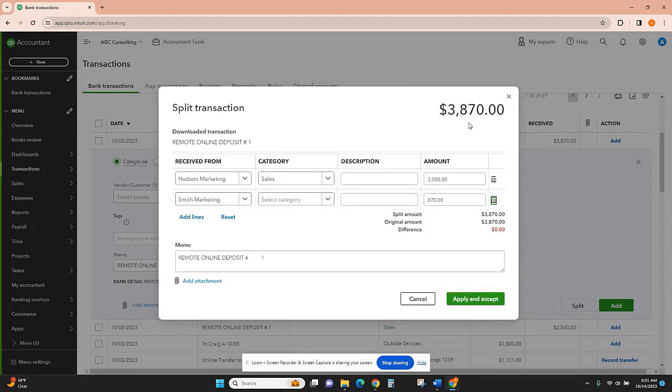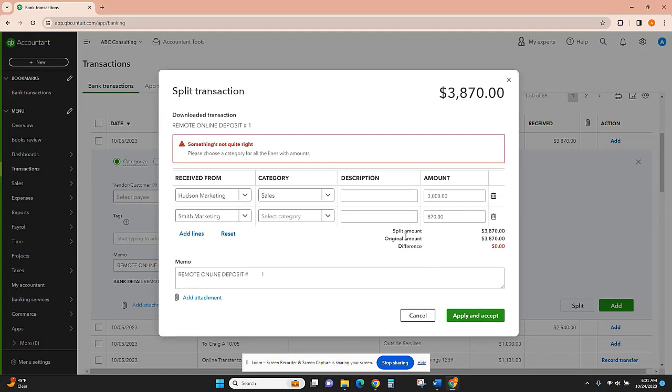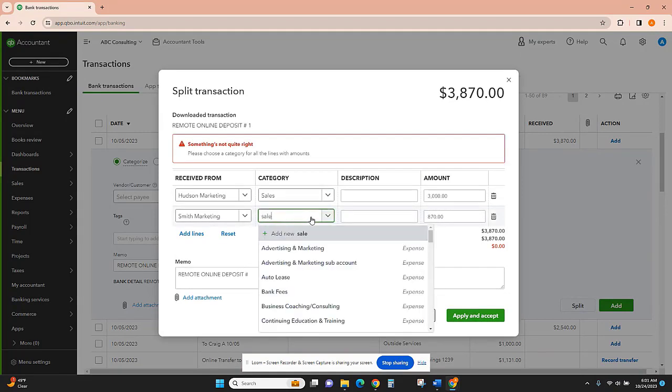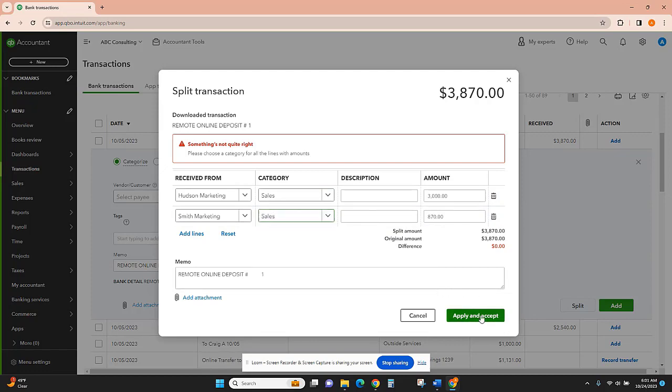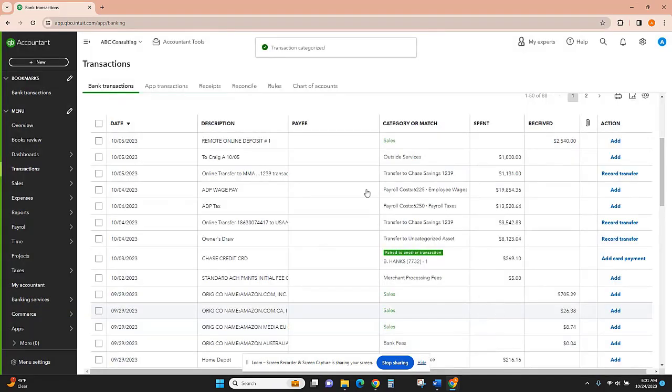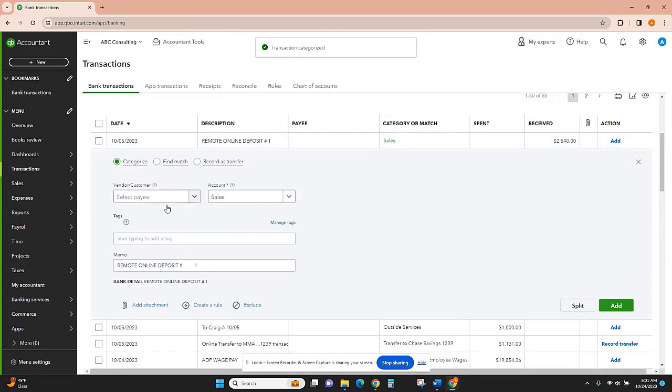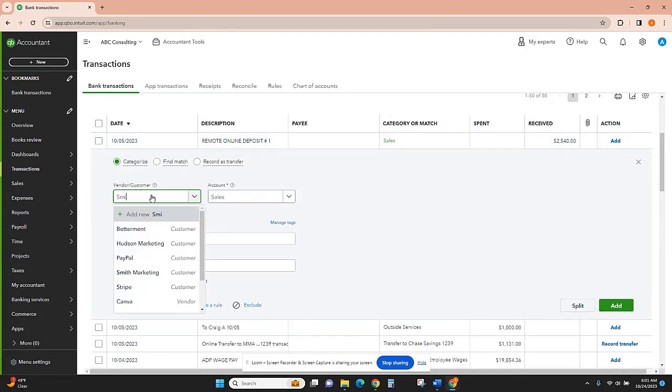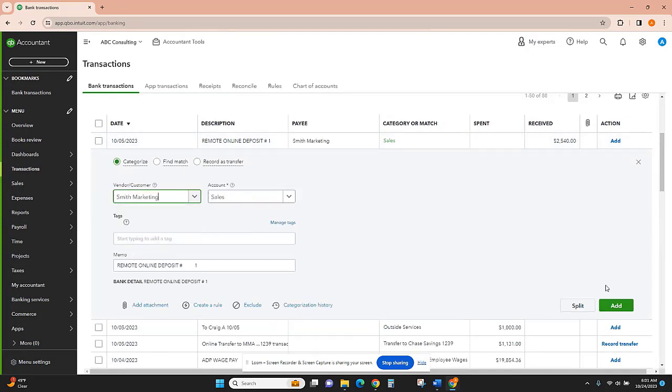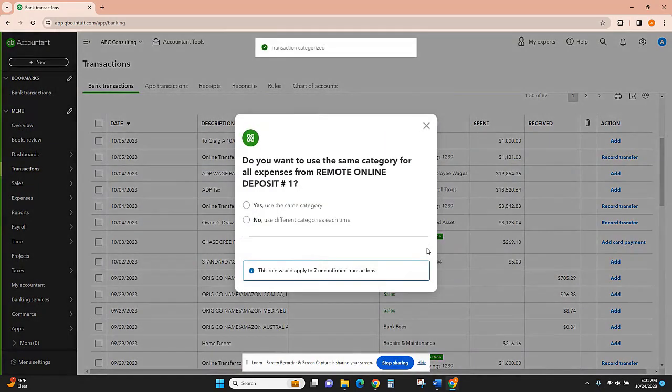And QuickBooks won't let you add it until this is 0, until everything matches up with what the deposit amount was. So I'm going to apply and accept. Oops, this also needs to be sales. There we go. And we will say that this one is all from So now what I have here is that QuickBooks is offering to create a rule for me because it's saying,